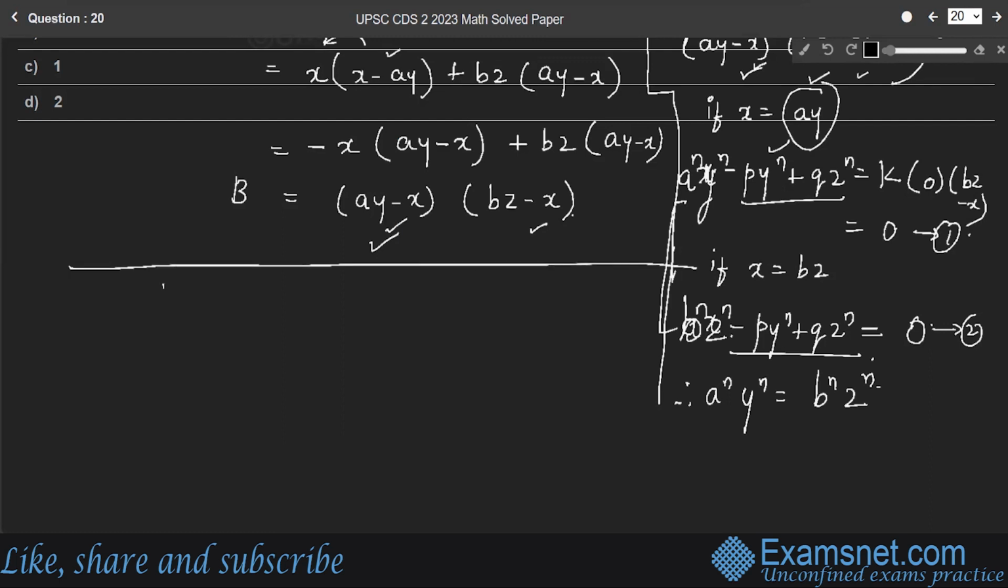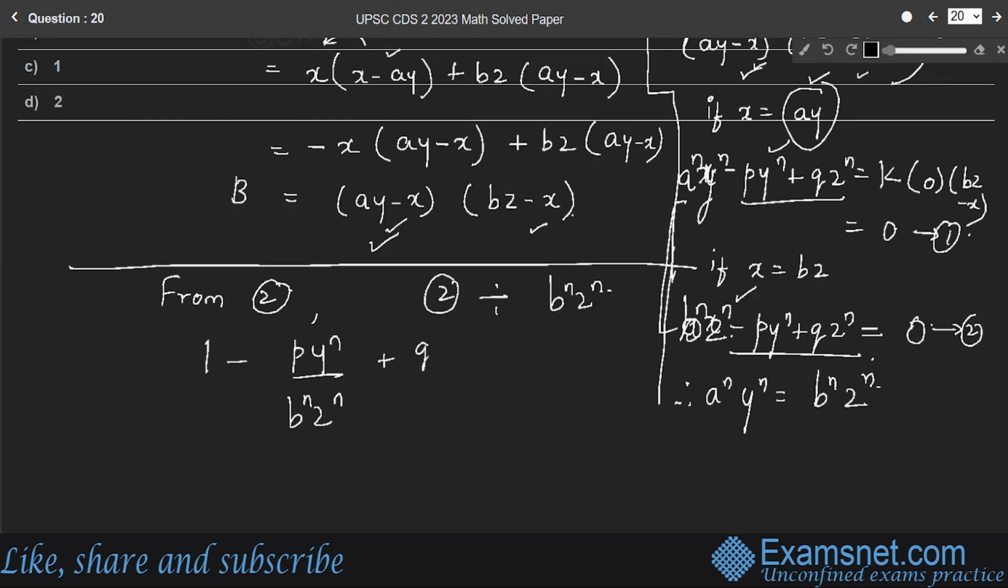Any equation you can consider, from equation 2, right? So equation 2 divided by b raised to n, z raised to n gives, when the whole equation 2 is divided by b raised to n, z raised to n, the first term becomes b raised to n, z raised to n by the same value. It becomes 1 minus py raised to n by b raised to n, z raised to n plus qz raised to n by b raised to n, z raised to n, where we can cancel z raised to n, z raised to n, right? So which is equal to 0, right? Now,